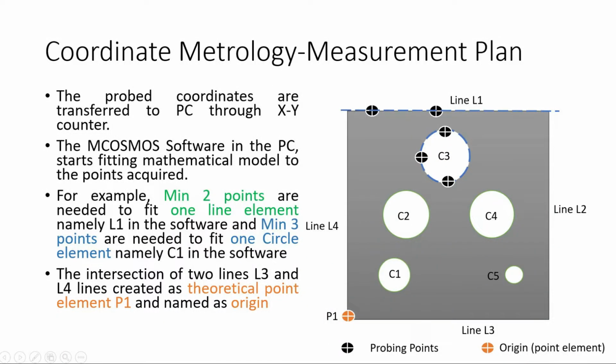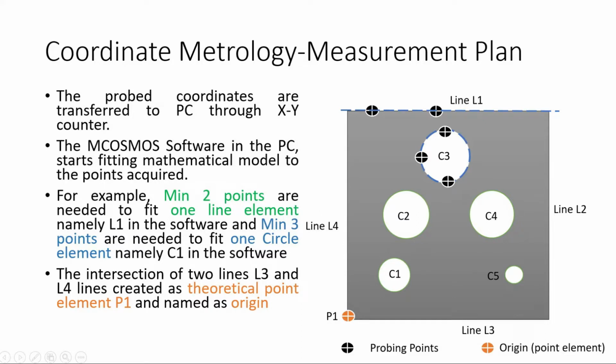Coming back to the measurement plan, first let us start measuring all the line elements. For drawing a line element, you pick up the icon over there and define the number of points. Minimum 2 points are required, as you all know, to fit one mathematical line. But if the number of points increases, your fitting will be more accurate, so that the deviation is less. If you press the repetition cycle icon, it continuously asks for all line elements. You can complete all the line elements.